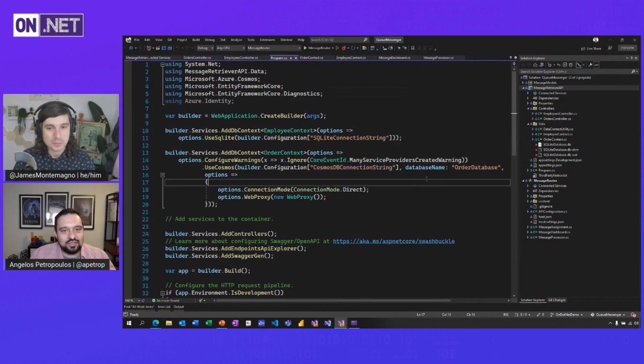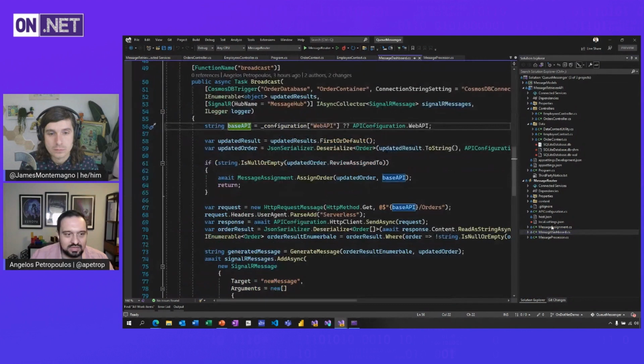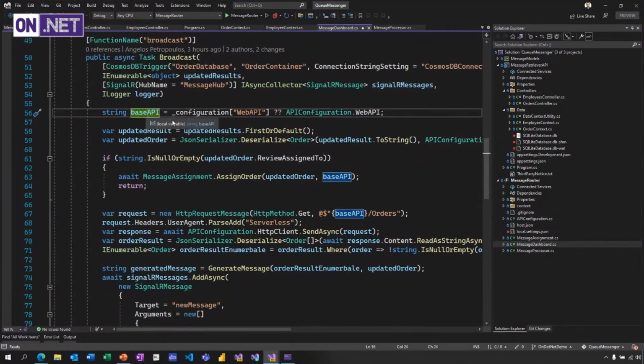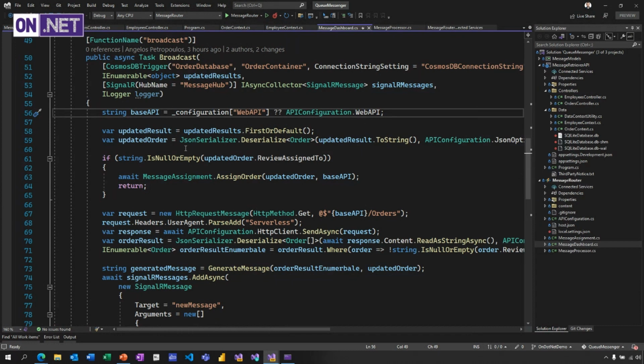Exactly. All right, so now that you know why we have a web API, basically we can look at the employees that we have and assign them orders. Let's go back to our Azure function here. So this is what this API will do. Instead of hard coding the URL, it has a little way of getting the base URL out of its configuration. And then it's just going to use Entity Framework to load the orders that we have, because we just got a trigger from the CosmosDB, and we have